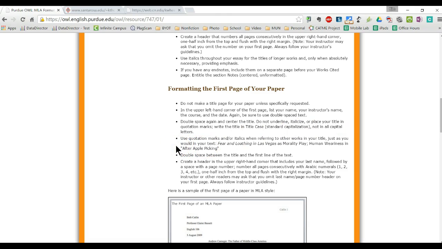Bullet number 4 refers to a title that might include a text. Whenever you include a text in your title, you have to make sure you denote it properly. So we're going to go to our Word document,